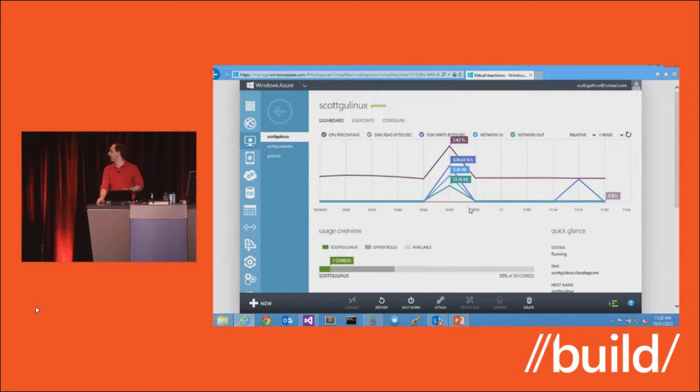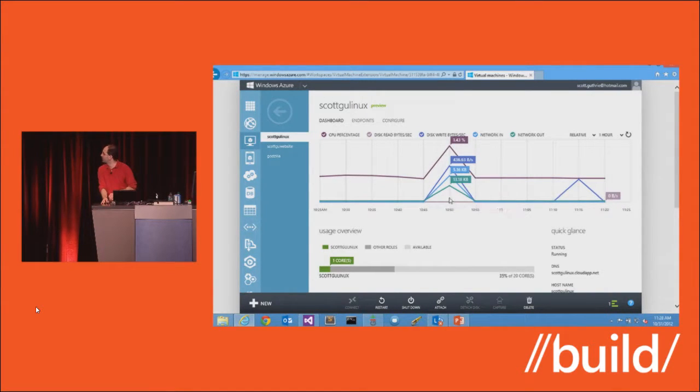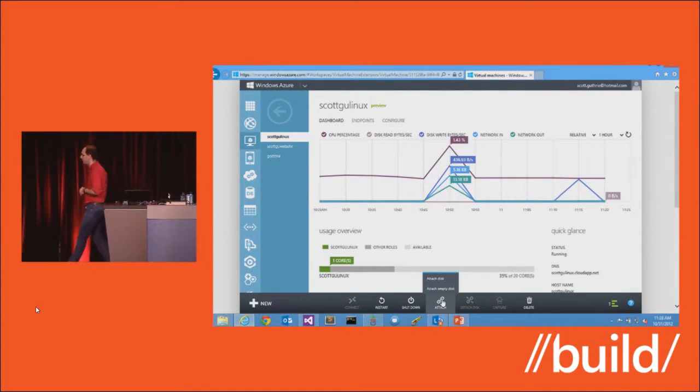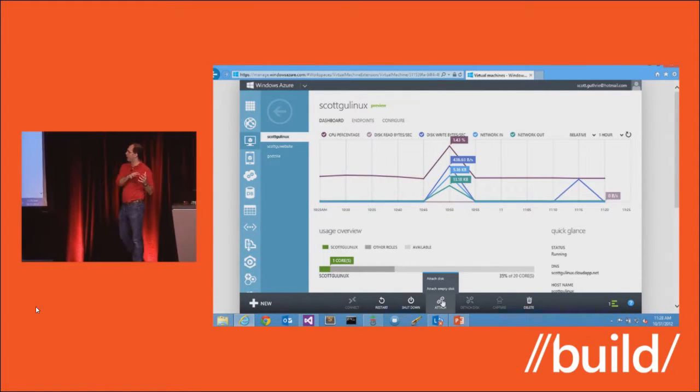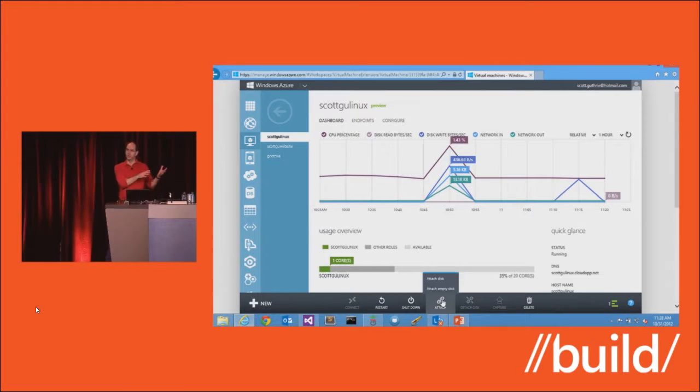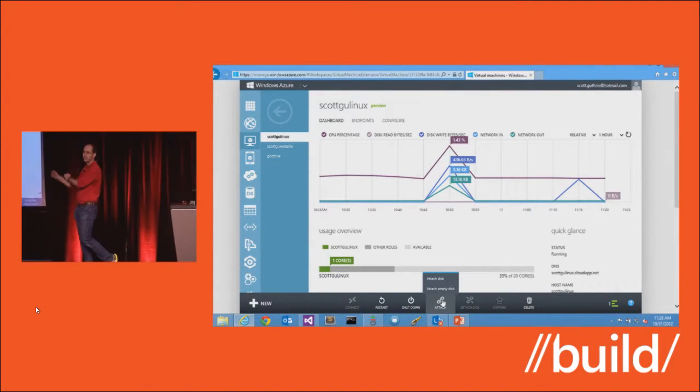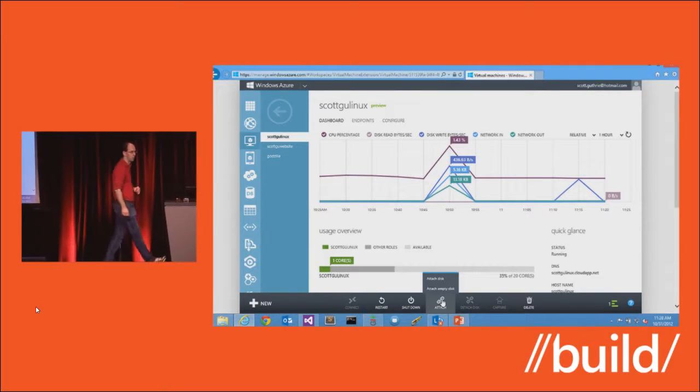And again, you get the same kind of experience. You can see when I logged in last night to test it. Same experience in terms of perf, and I can attach drives just like I can with the Windows instance. When we attach drives, we do it at a device level. So the OS that's running in the virtual machine, it looks just like a device. And so on Windows, you could format it with NTFS. On Linux, you could format it with your file system of choice there as well.